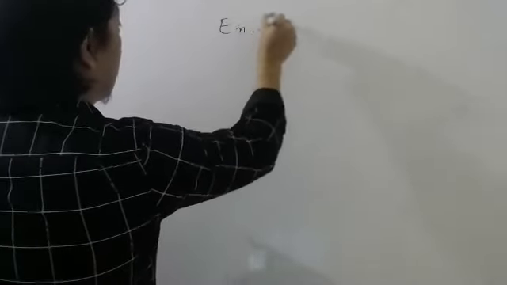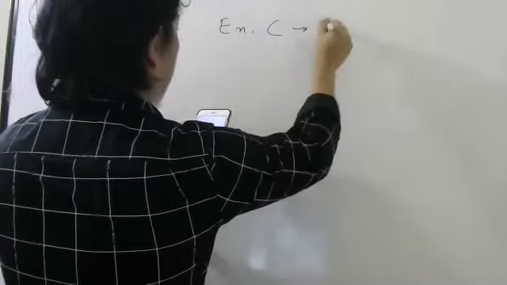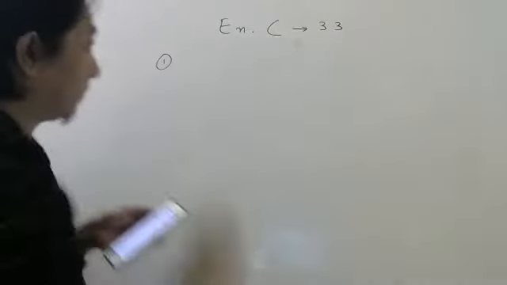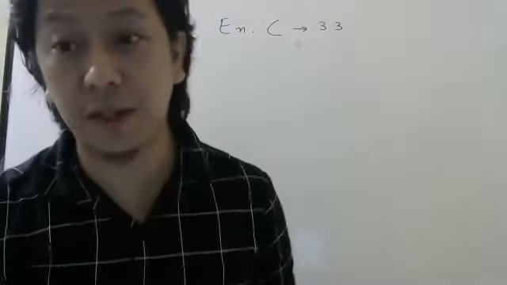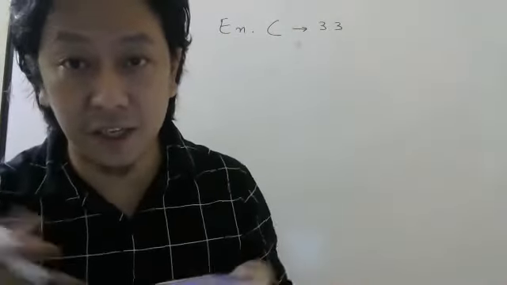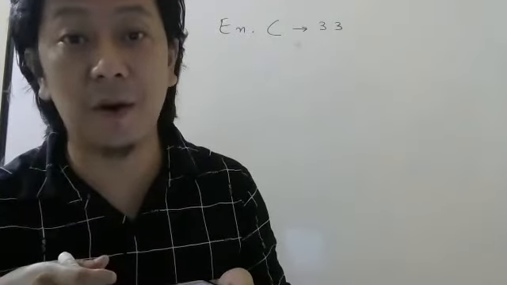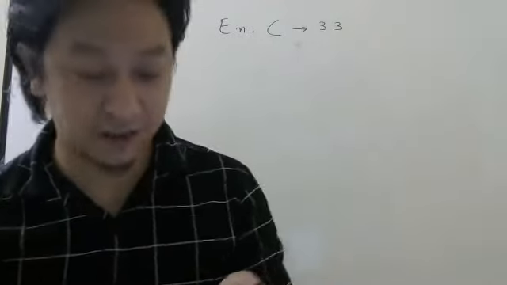Okay. Now see the first question. Entrance corner 3.3. Question number 1. Kirchhoff's junction rule, matlab what? The sum of currents entering a junction is equal to the sum of currents leaving the junction. Is a reflection of what? Conservation of charge, if you remember. But let us check the options.